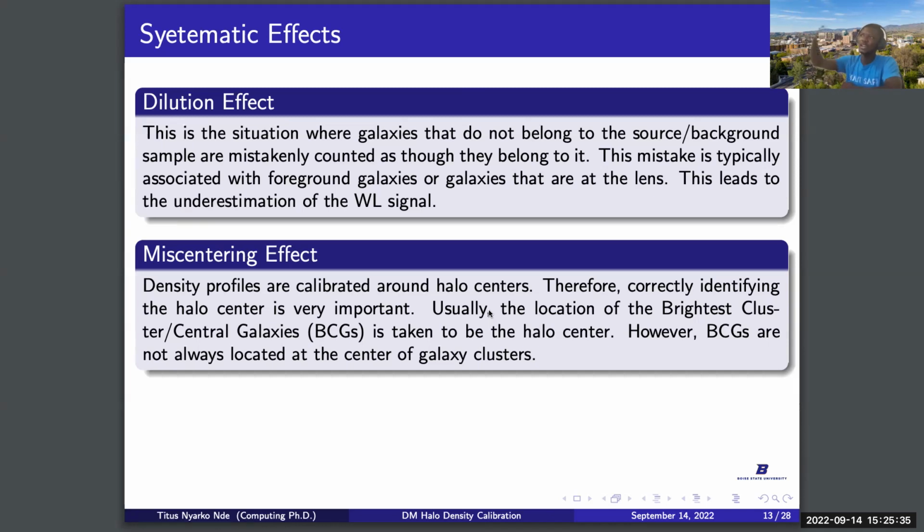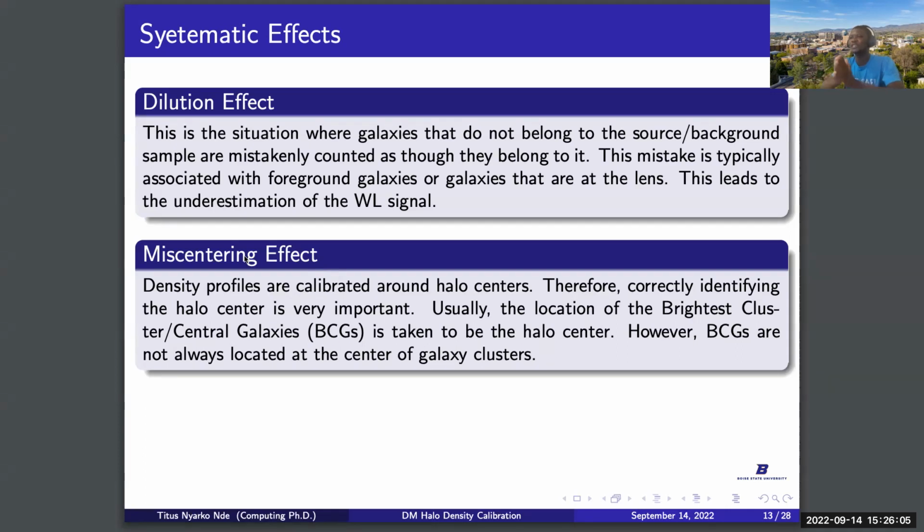So if you look through your line of sight, sometimes you mistakenly count galaxies that are not part of the cluster as being part of the cluster, which we call the dilution. If it happens that way, the galaxies that are in front of the lens galaxy, if you count them as part of the source galaxies, are going to dilute the weak lensing signal, because they actually don't have any signal, but you are counting them as if they do. So we call it the dilution effect.